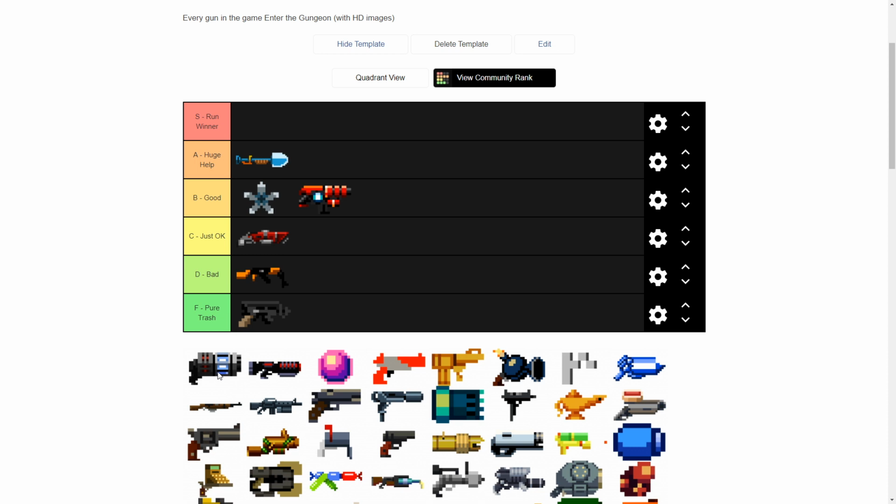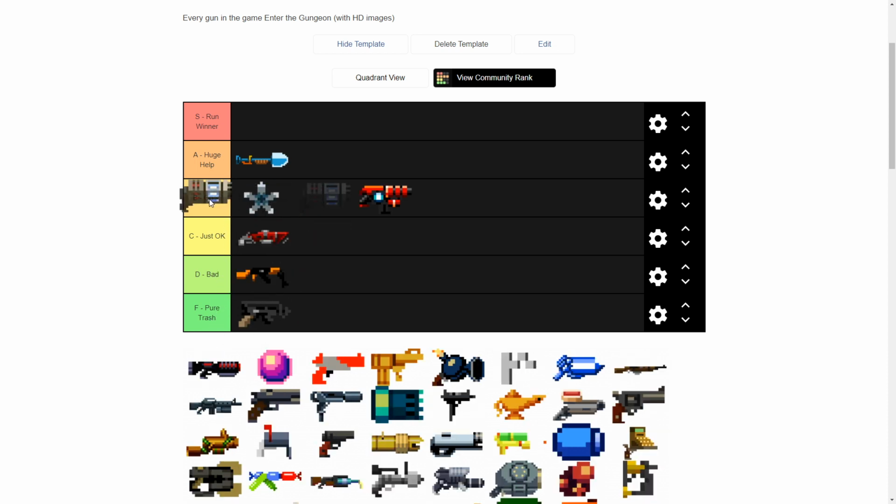So I think for that one, I'm going to put it in good. It is definitely a good item. I need to swap those around. There you go. Definitely a good item, but I can't put it in huge help simply for the fact that